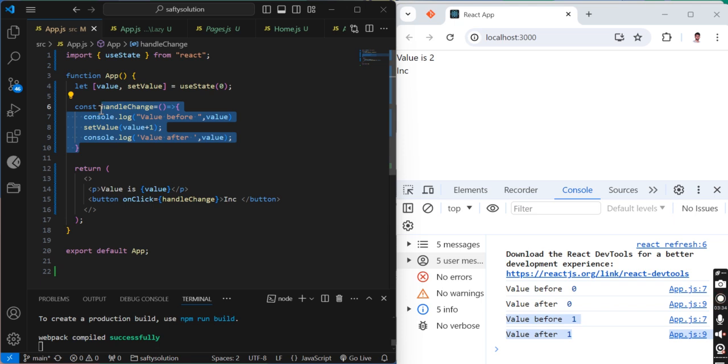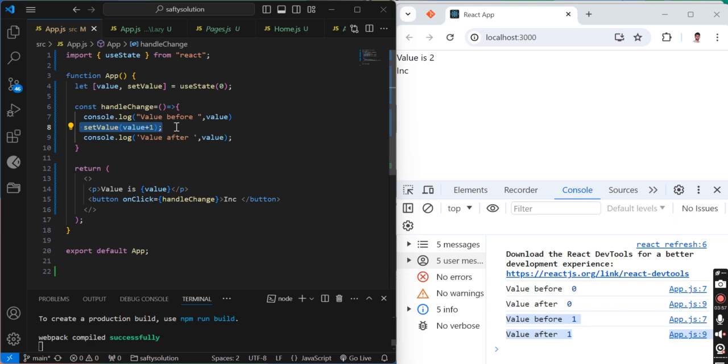Firstly, it finishes this function. After that, once it has finished this function, the component re-renders. At the re-render time, this method will increase the value by 1.